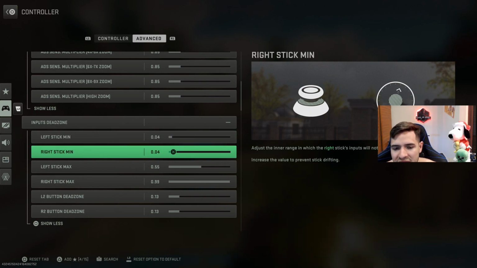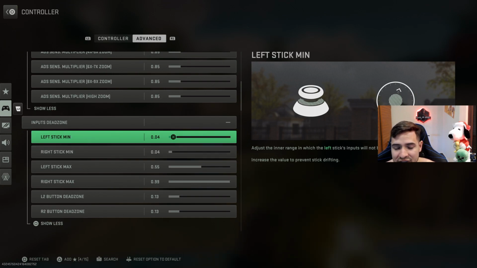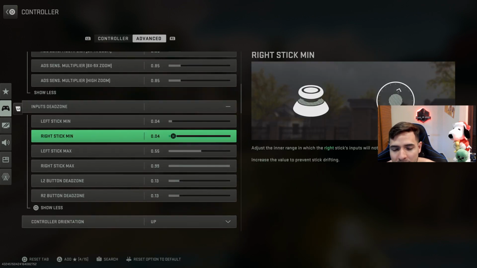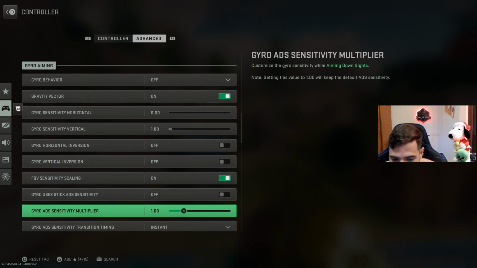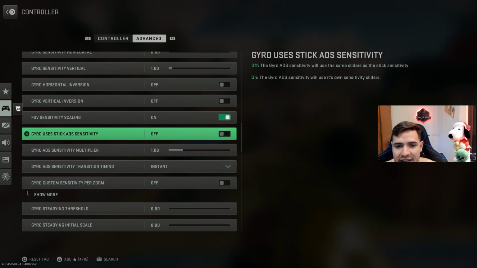This is also going to affect, right? Because at the end of the day, you want to have this number as low as possible. The higher you have it, well, it's going to be a little bit harder for you. So if your dead zone really starts getting into those high, like 0.6, 0.7, anything like that, because your controller's stick drift is just crazy, then I'd probably recommend playing a dynamic. So at the beginning, there's like a little slowdown curve. But again, if not, then the lower you can play,